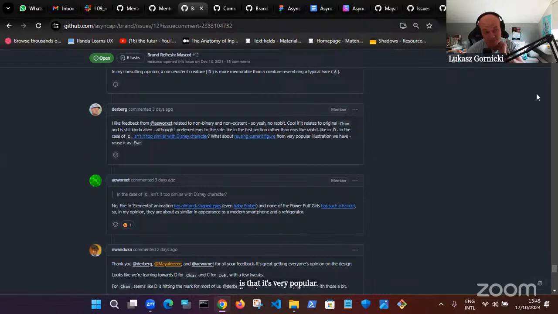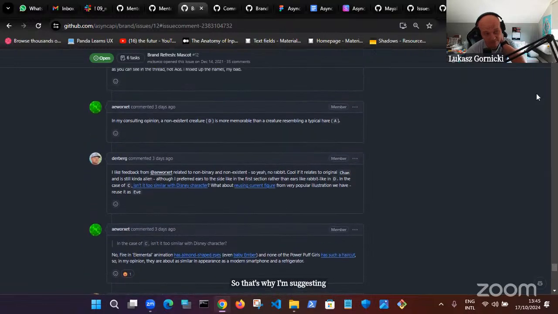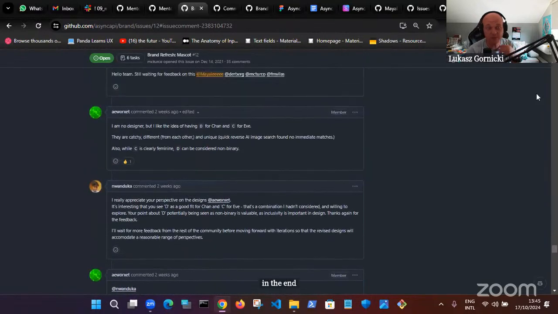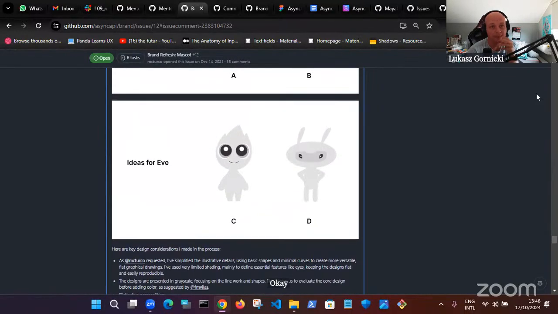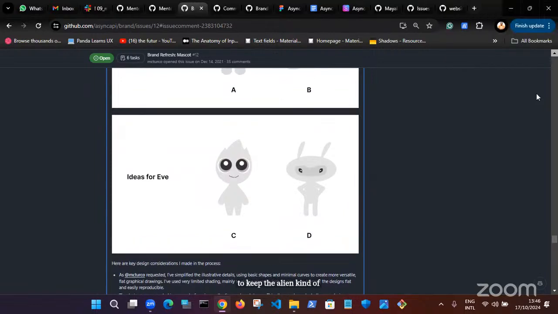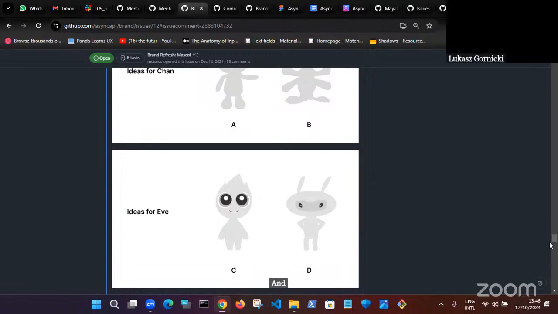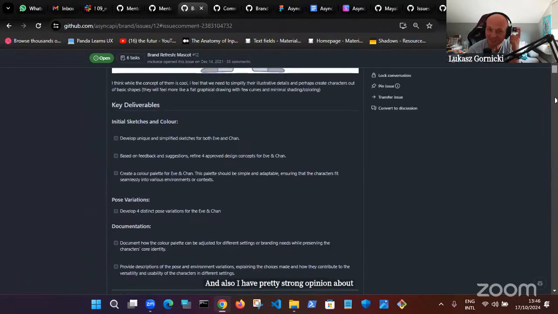So that's why I'm suggesting that maybe in the end, not because of the similarity to Elemental, but in general, it's a good direction to keep the alien kind of. And also I have a pretty strong opinion about the ears.